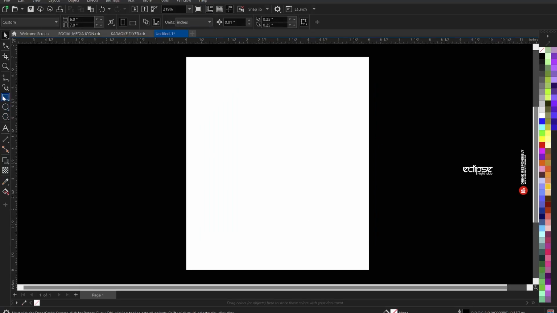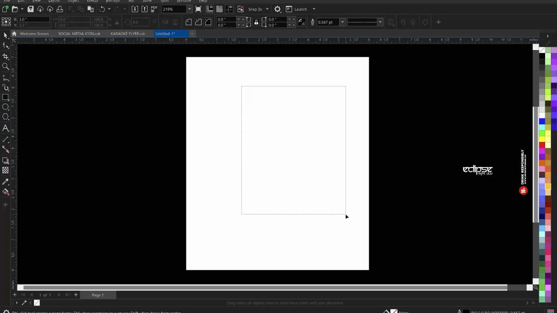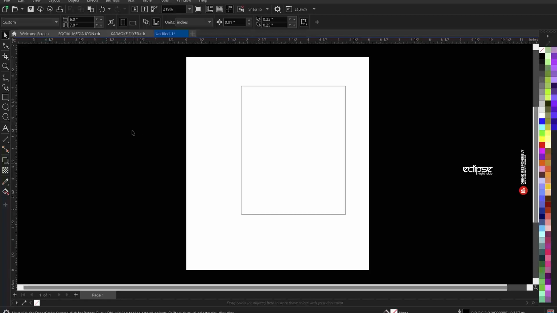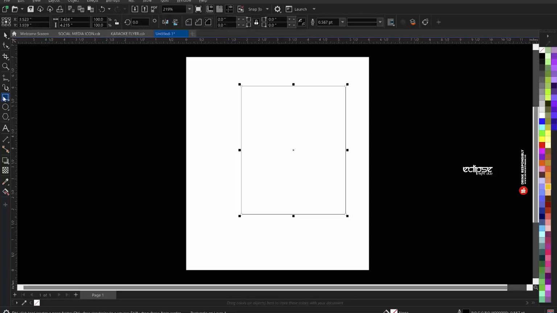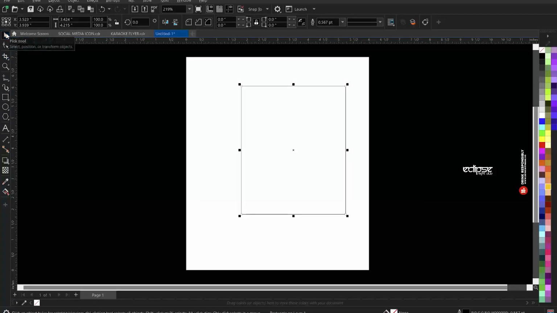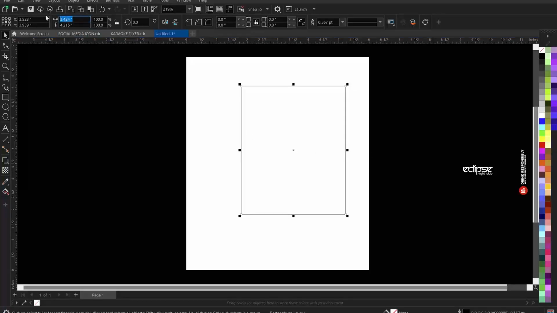So the next thing is to draw a box into this. If I was using a version of Corel Draw that is lower than 2021, I would only have to double click here and the box will automatically fit into the work frame, right? But because of this version of Corel Draw that I'm using, I will have to size the box 6 by 7, right? And then press P on my computer keyboard to centralize it,